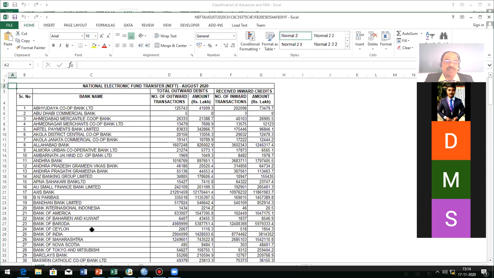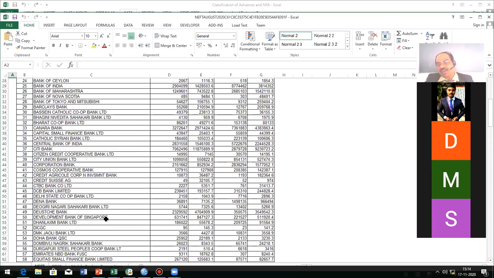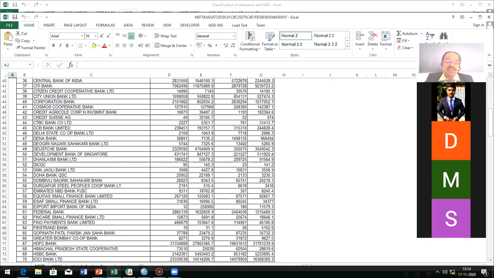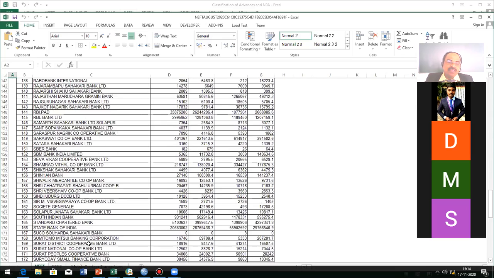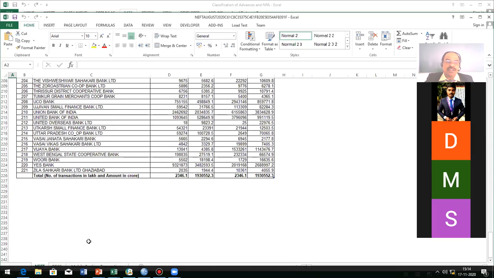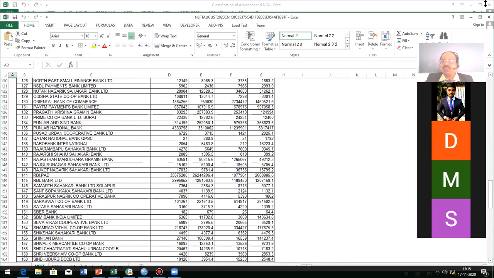Even in the case of small banks and microfinance institutions, you can segregate the data according to your needs. If you are doing microfinance, you can divide according to microfinance, or you can use the data for a sample. You can see there are 221 banks' data available. Out of that, you can select any 10 or any 30. That is possible. So this is a very nice source of data for all groups of people.